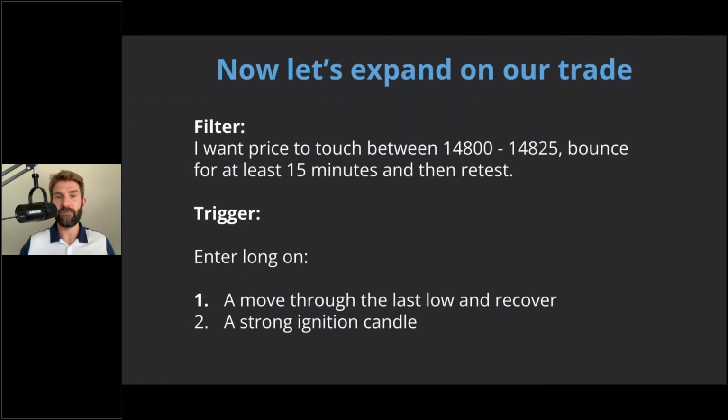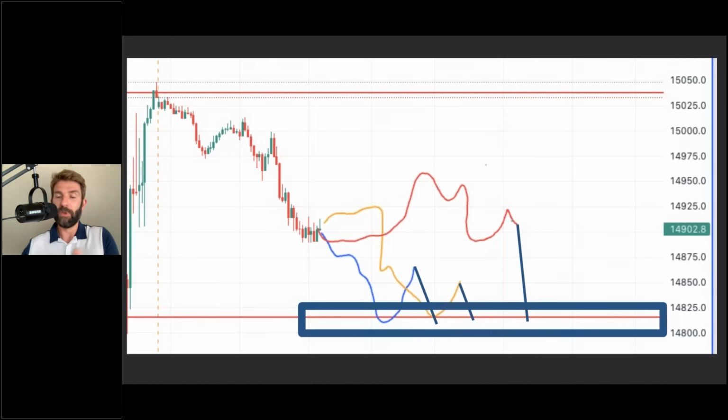All right, so that's the low break fake. Now let's expand on that trade that we had from a few slides ago. I want price to touch that 14,850 level. I've got a chart example in a moment. Let's have a look at it. There we go. Better to do this and then go back. So there's my kind of bracket level.